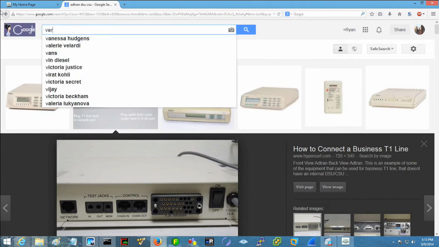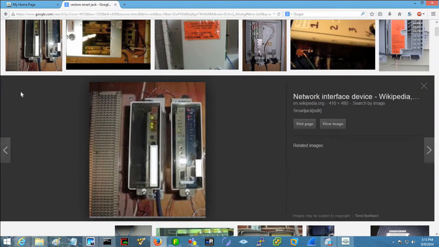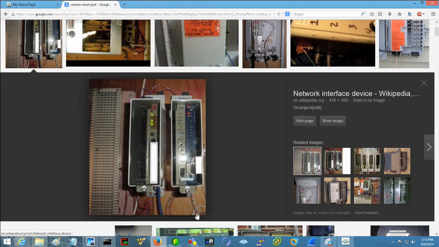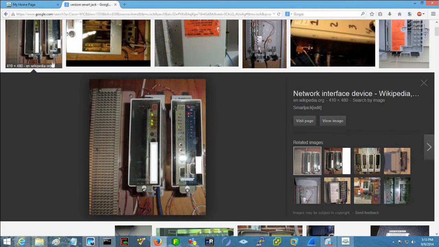So if I just say Verizon smart jack, and I think any smart jack is basically going to look like this, in your telco closet, you're going to have some plywood probably screwed into the wall, and then screwed into that plywood, you've got a smart jack. What this does is it takes the wire that's coming in off the street, and it gives the service provider an endpoint to do all their testing and their signaling. They can control this. And then what comes out of this is that RJ45 connection that goes into that Adtran device. And Adtran is just a vendor, just like Cisco. It could really be any brand of DSU CSU, but that's historically how it's worked.